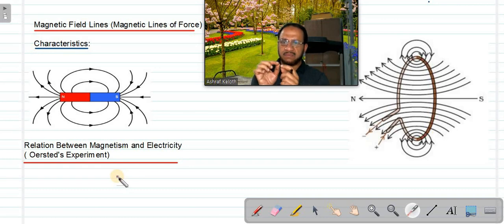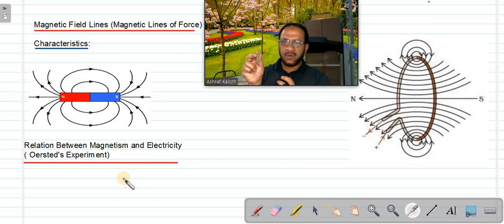The experiment was very simple. By using a torch bulb, a simple electric circuit with a cell, and just lighting the bulb by using that cell in a small electrical circuit. During those days, electricity was discovered only from cell, chemical energy converted into electrical energy. The principle of generator was not discovered. And Oersted was demonstrating a simple experiment of how to light a bulb by using a battery or a cell.